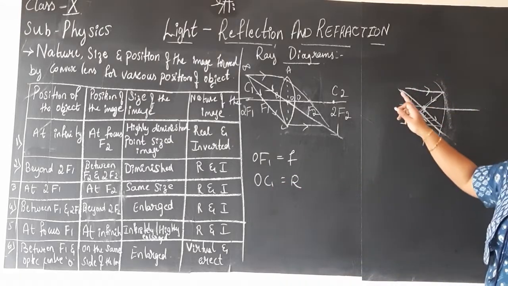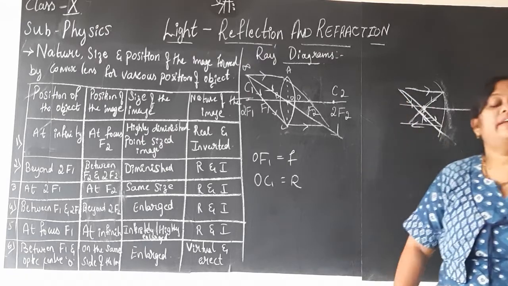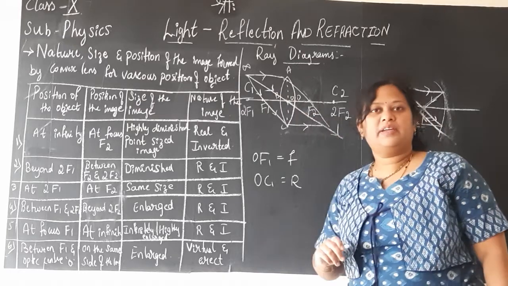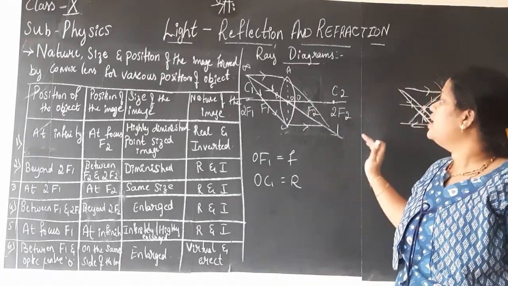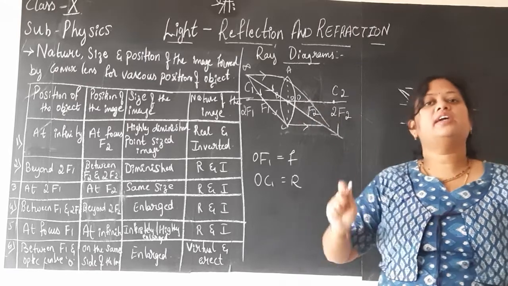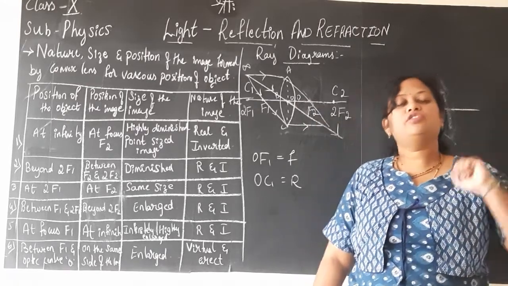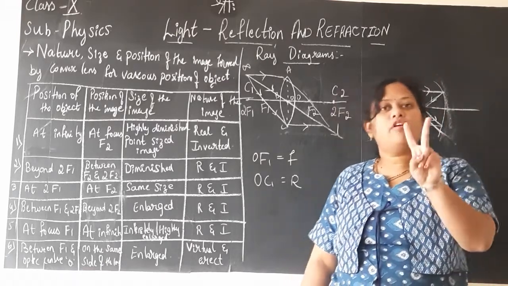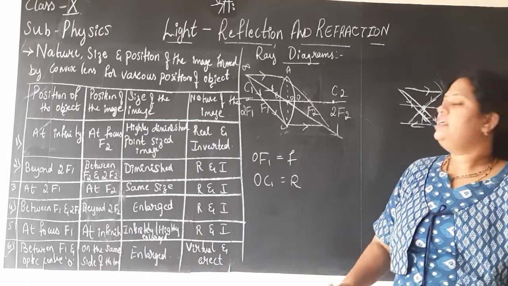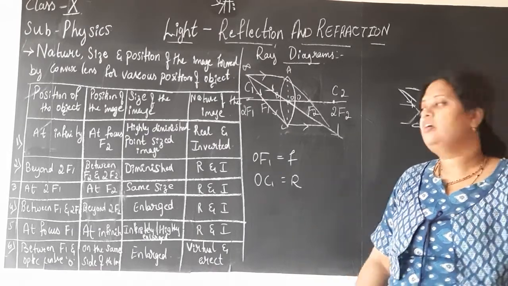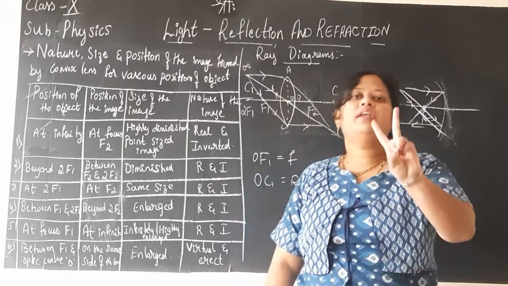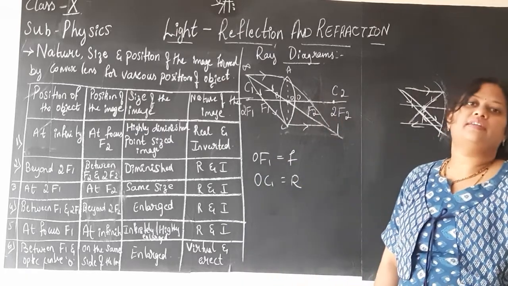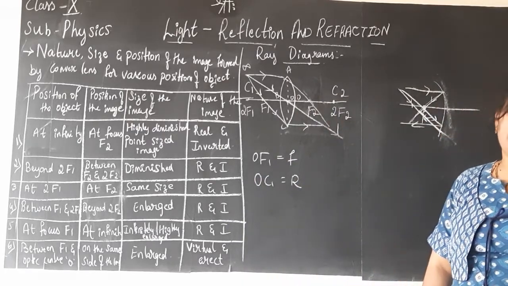Here, the ray of light passing through the center of curvature used to retrace the path in the mirror. But here, the ray of light passing through the optic center of the lens will travel without any deviation. In case of mirror, I said for the image of an object to be formed, a minimum of 2 rays of light are required. It is the same in case of lens as well, children. Whenever you are drawing the ray diagram, a minimum of 2 rays of light you need to mention.